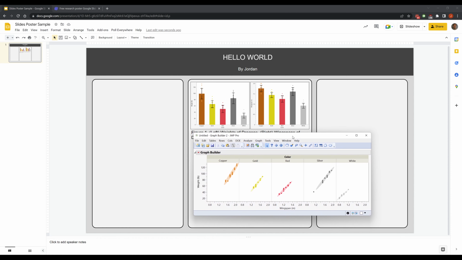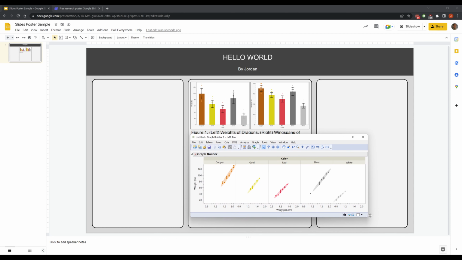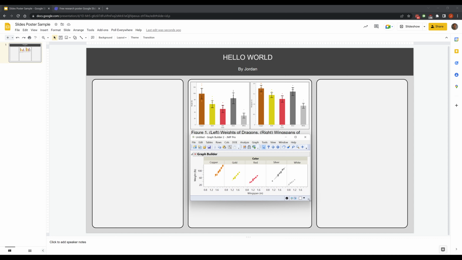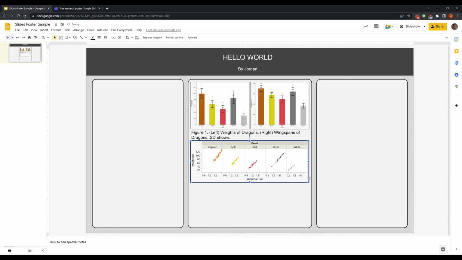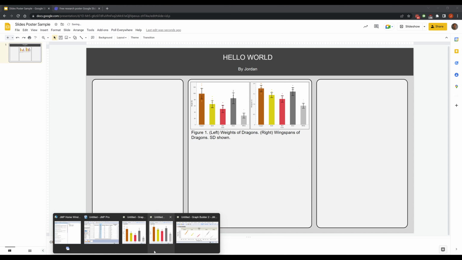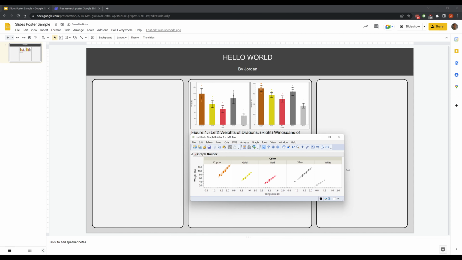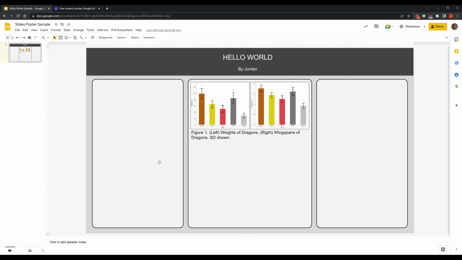I'm just going to put it on my poster and try to size it the way I want it. So that looks okay. Edit, copy, paste. It's a little smaller than I thought it would be, but we'll just go back to Jump. We'll make it a little wider so that we can get this other marking in here. Edit, copy,